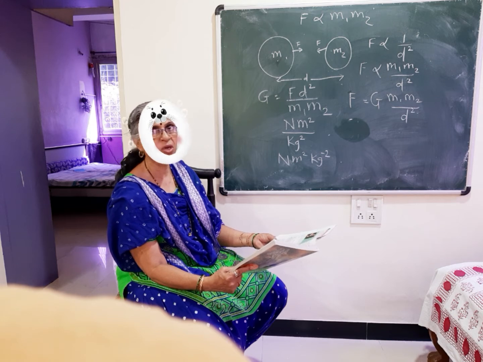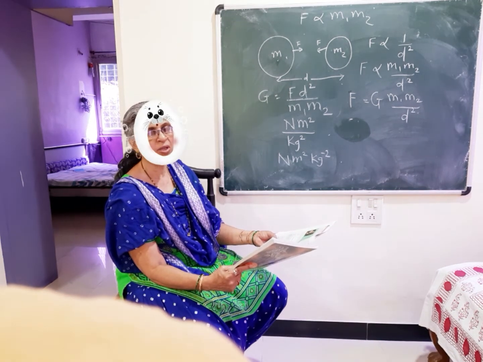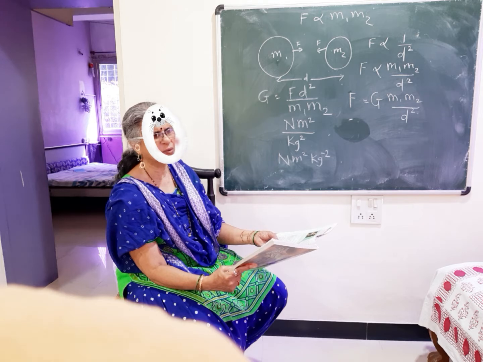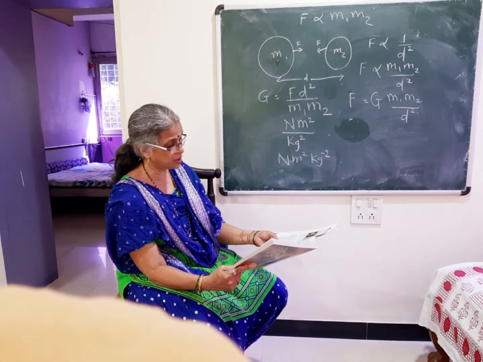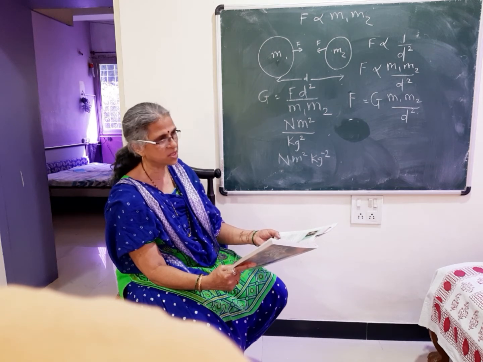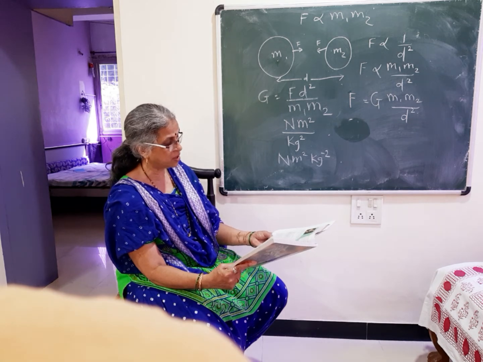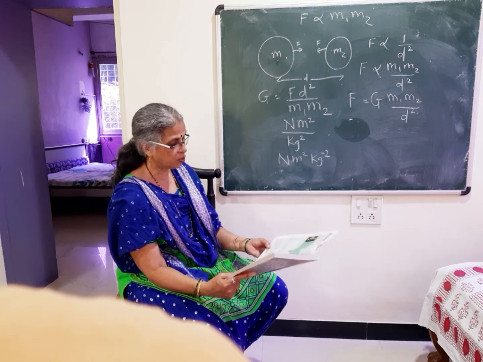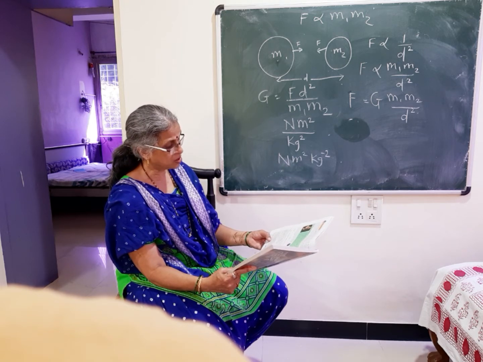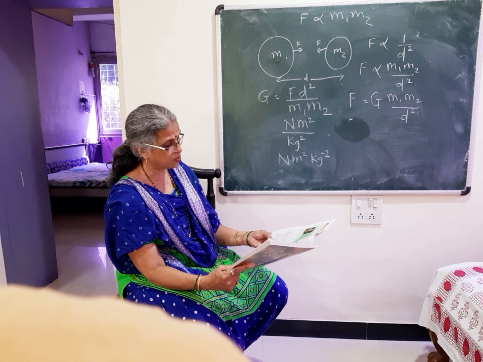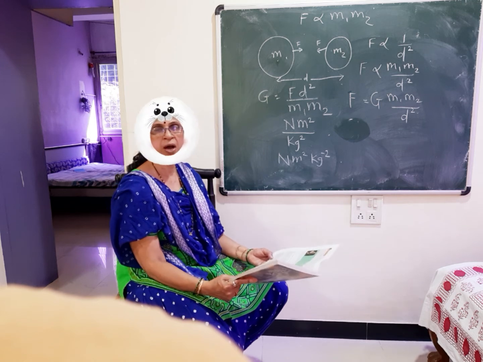If the masses are unit, 1 gram, 1 kilogram, whatever it may be, but it is in 1 unit, kept at a unit distance, that is 1 meter, 1 centimeter, away from each other, then that gravitational force is known as the value of G. So now mark this definition. Thus in SI units the value of G is equal to the gravitational force between two masses of 1 kg kept 1 meter apart. Followed?